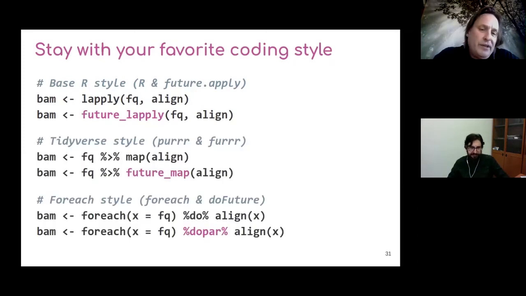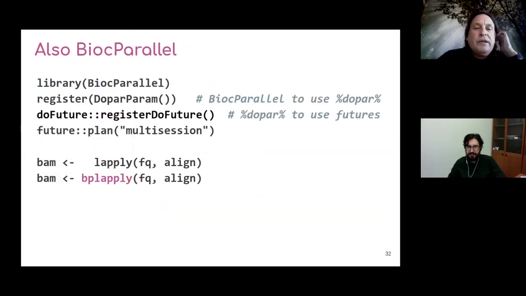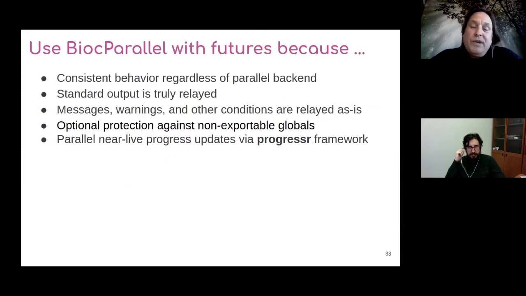If you like base R, you can use base R. If you like tidyverse, you can use tidyverse. If you like foreach, you can do that. And also you can do BiocParallel. So you can do that through the DoparParam option in BiocParallel. So you tell BiocParallel to use doPar, and then you tell doPar to use futures, and then in futures you say how you want to parallelize. And then you can use bplapply or whatever function you have in BiocParallel on top of the future framework. And I would say you can use BiocParallel with future because it provides a consistent behavior regardless of